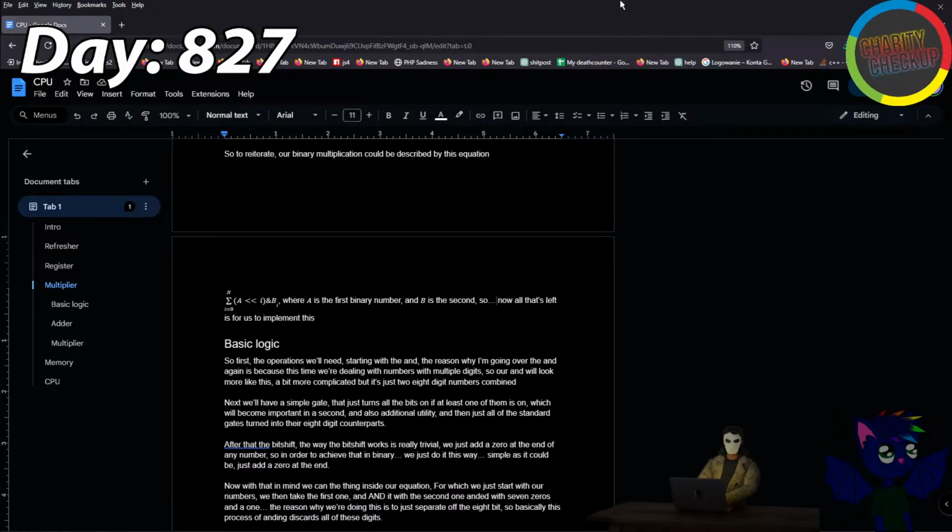Alright, this and this and this. Now what? Yeah, right here we want to rephrase this a bit to explain exactly how this kind of equation works, which means b is the second number, and this is the shift operation. So what we're effectively doing here is